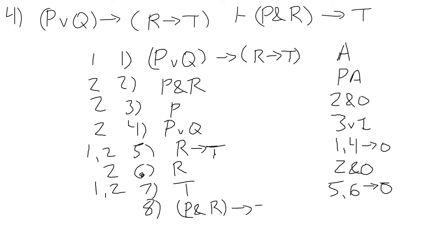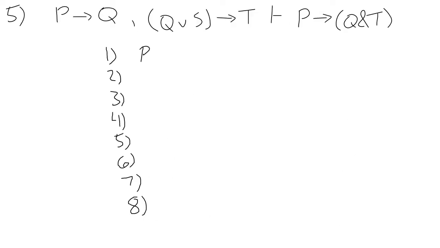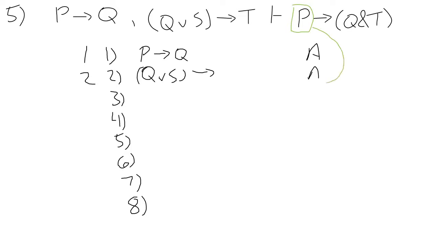So I just build my arrow. 2 is my PA, 7 is my consequent, arrow in. 1 and 2, the 2 will drop out because we do arrow in and it's the PA. So that is our proof for problem 4. Now on to problem 5, we got 2 different premises to start off with. And again, our conclusion is a conditional statement, so we'll assume the left-hand side here as a PA,